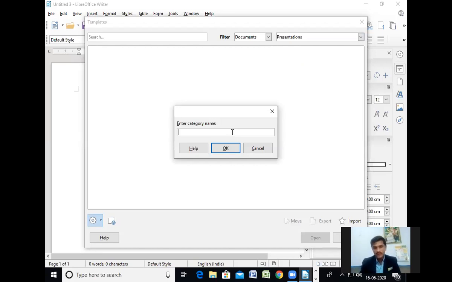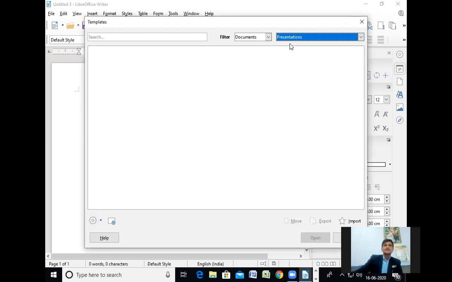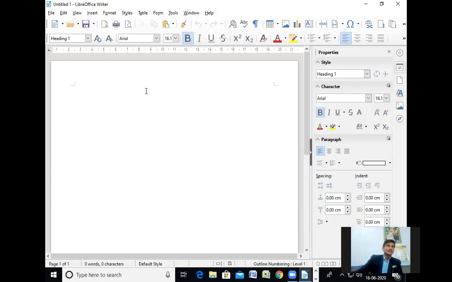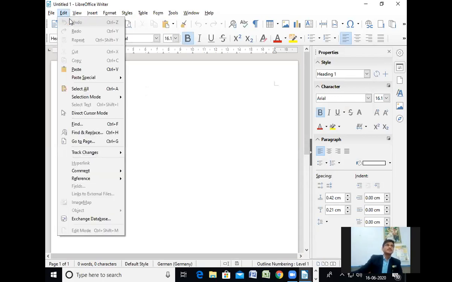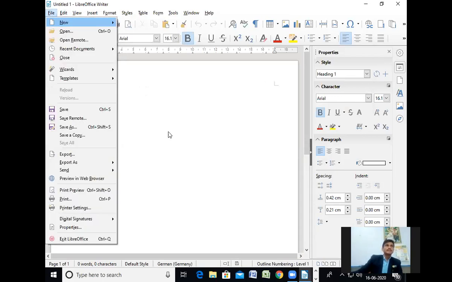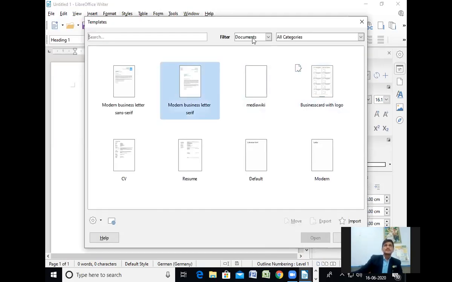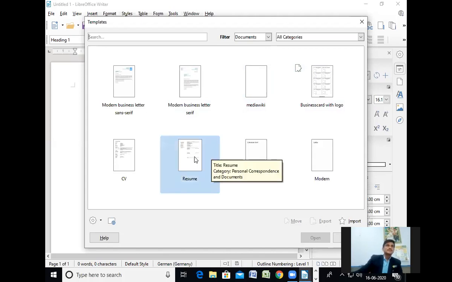If you want to create your own category, you can delete the template. See, suppose I have inserted one template, this one, and open. Okay, this is a simple template, nothing in this. But if you want to change to any other template, you can take another template which is easily visible to you.